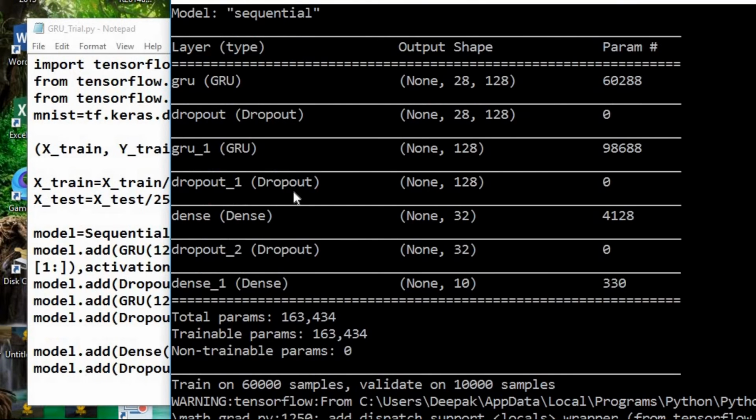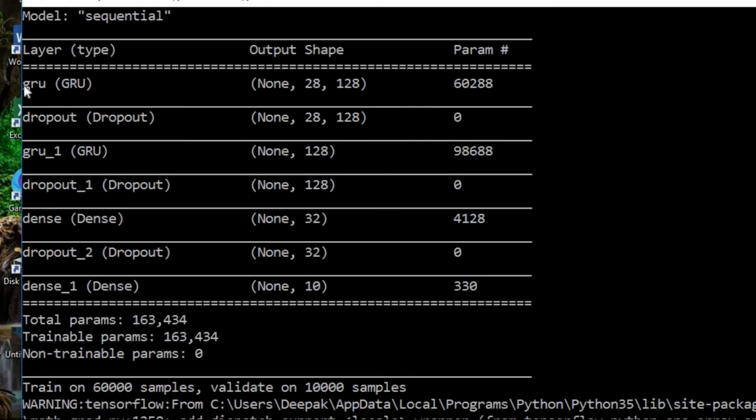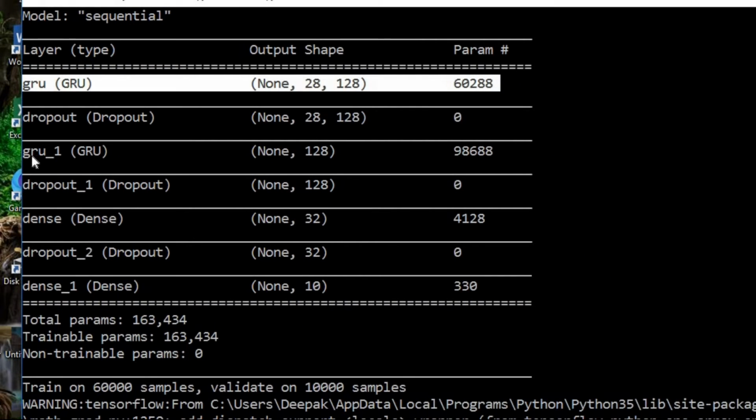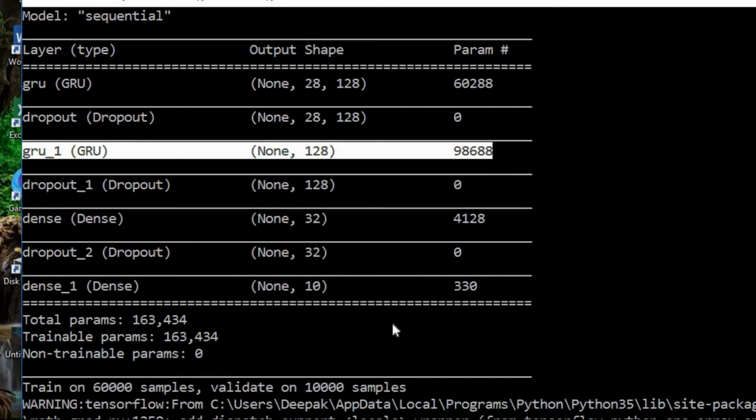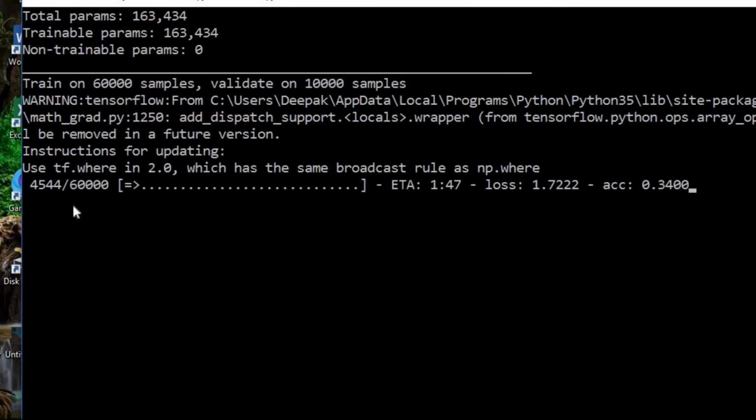Yes, training has started. Here you can check the GRU layer as an input layer, and the output of this input layer is again given to the GRU second layer. Just like LSTM, we have configured this network, but simply LSTM is replaced by GRU. Again, here the estimated time analysis shows less than 3 minutes. So it's almost a 1 minute process to observe how accuracy is going to be for this type of network.